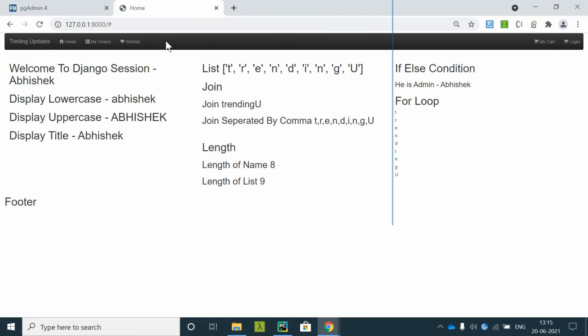This is what we are looking for: three of the nav elements on the left side and two on the right side.